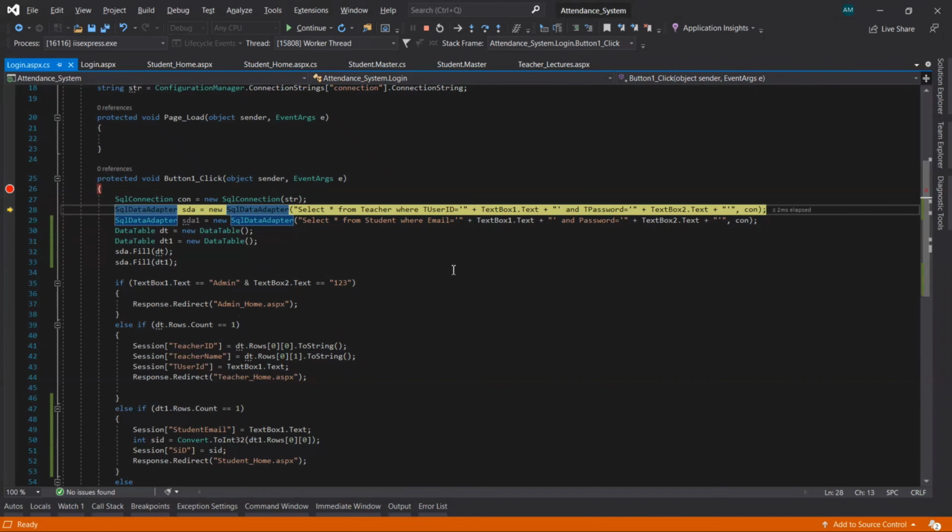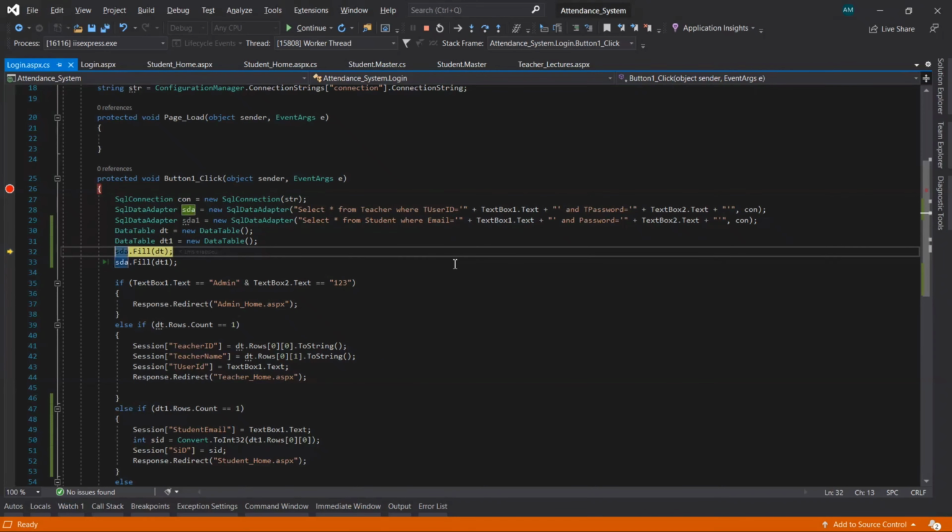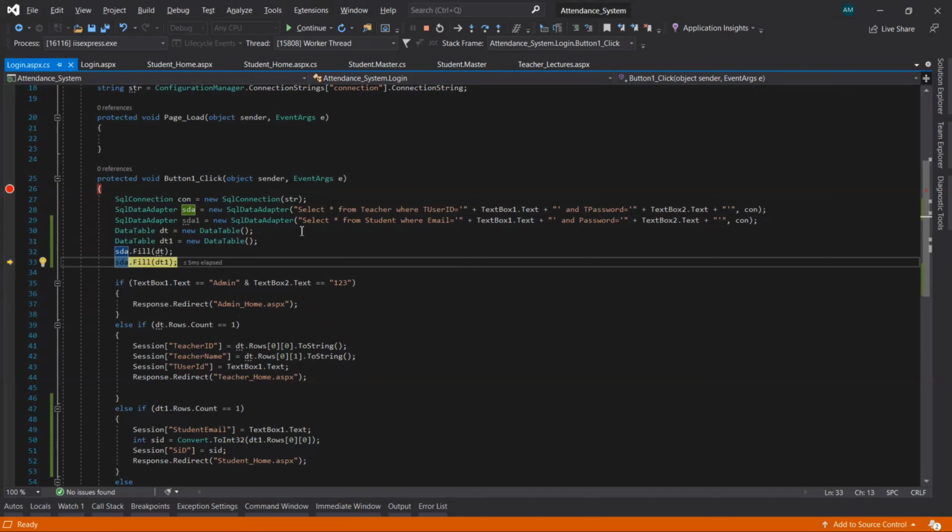Press F10, it will move forward. Okay, we have not changed the object name for the SQL data adapter class. The query that we have written for the student table uses the object name SDA1, right? But we haven't changed SDA1 here. So that's why it's not getting any data.